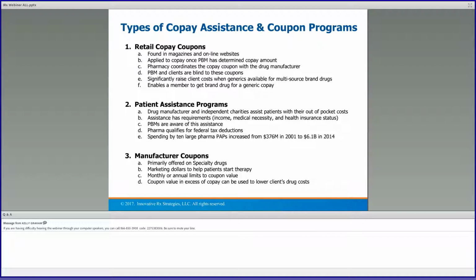For example, we had a client who had one of the members was a cystic fibrosis patient, and the CF Foundation was offering $93,000 a year for Kalydeco. So we were able to structure their copay to really have this big front-end deductible, $93,000 front-end deductible, to allow them to get access to that foundation money to help pay for their copay, to help lower the client's cost